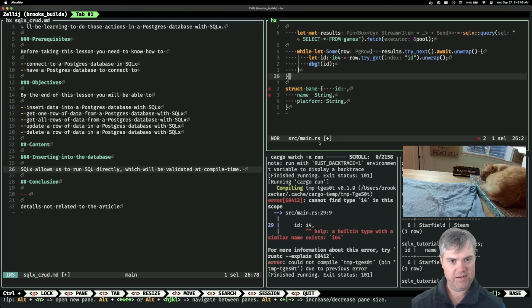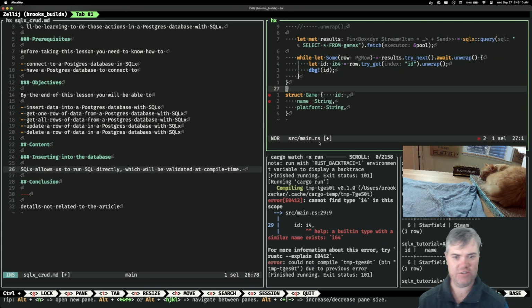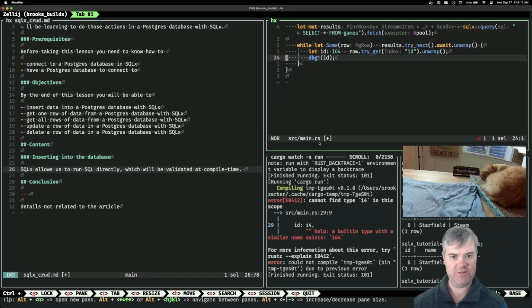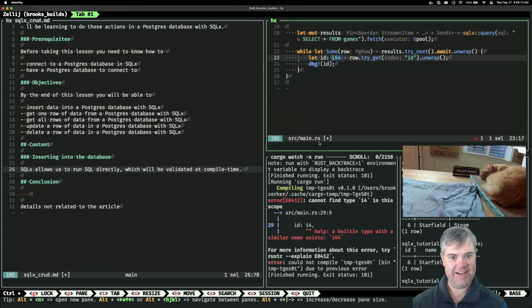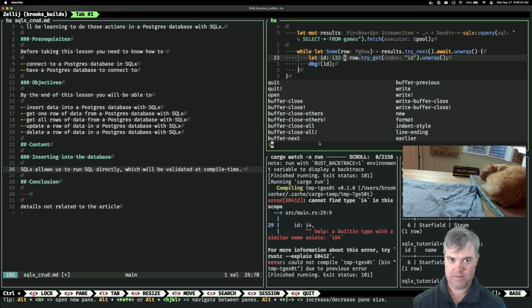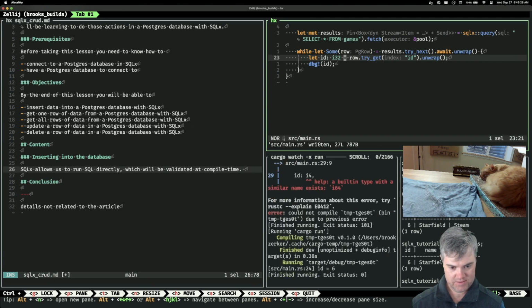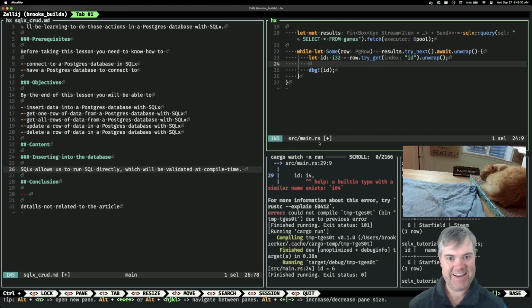So wait, I'm changing the wrong type. I'm not even using that. This one. Let's change this to be, stop, i32. Okay, right. There we go. Okay, so it was an i32. I just need to change the one that's actually being used. And so then I can do let